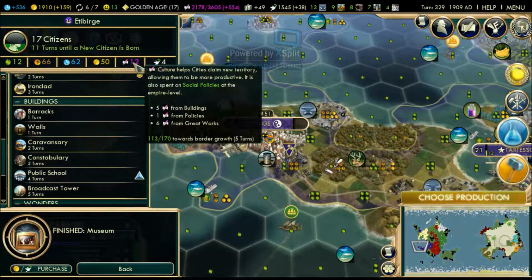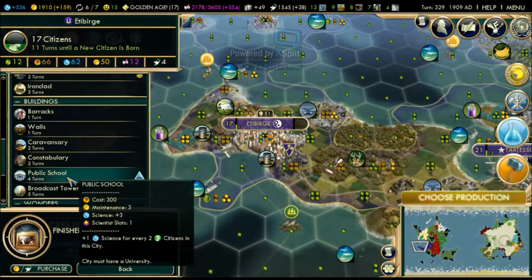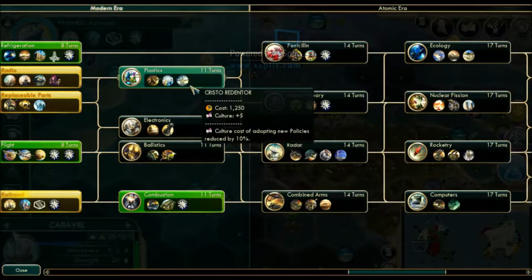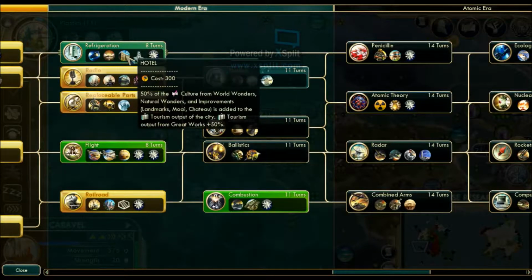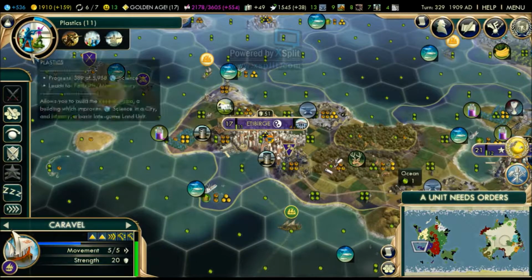This city doesn't have a lot of culture, so building the broadcast tower is not really worth it. But the public school is quite worth it, yeah. And we have a lot of good choices here. I think the plastics is the best choice for us. Then we're gonna go after, I think, the stadium. Yeah, sure, let's go after the stadium. And eventually, maybe the atomic theory. You know what? I'm just gonna wait for the plastics to be over, and we're gonna build the Cristo Redentor,